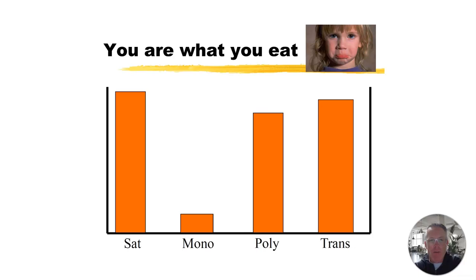Hey, all, here we're talking about fat profiles essentially and how they affect us, or more specifically, how the fat content that we store in our body mirrors the fat content that we ingest, right? So let's look at this. You can see the frowning face and the kid in the corner there. This is a bad fat profile for us. And this would be like all their fats that they're taking in their diet, right? So we're high in saturated, low in mono, pretty high in poly, and extremely high in trans fat, right?